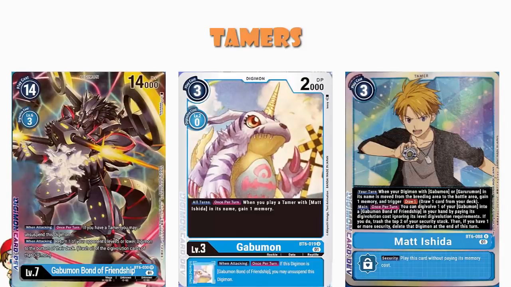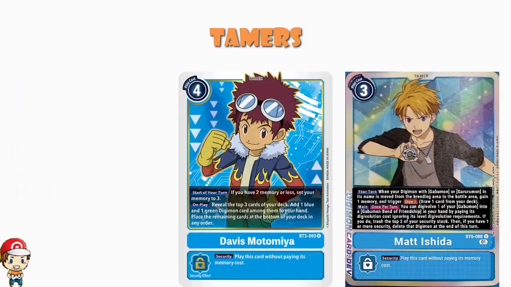And while we're here, I should mention we do have another Tamer, and we do play it as a full 4 copies here. It is, shall we say, not as important as Matt Ishida, but it is the Davis Motomiya from BT3. It puts your memory up to 3 if it wasn't there at the start of your turn, and when you play, you reveal the top 3 cards of your deck, and add a blue and green Digimon from among them to your hand. Now look, there ain't no green Digimon here, we ain't grabbing any green Digimon,